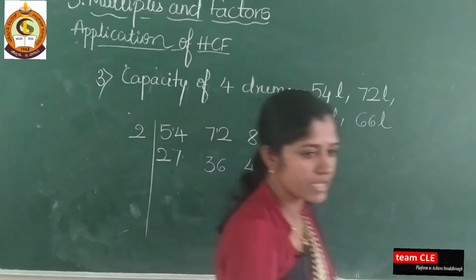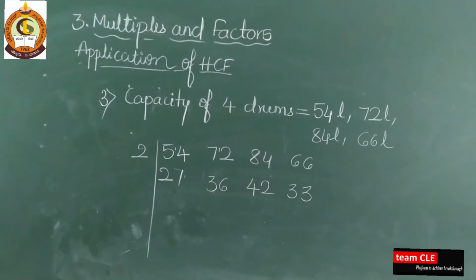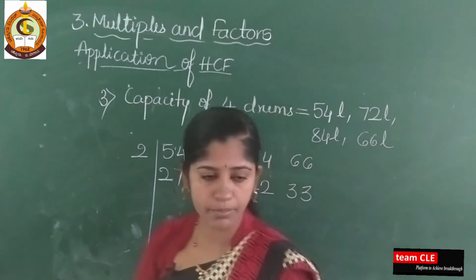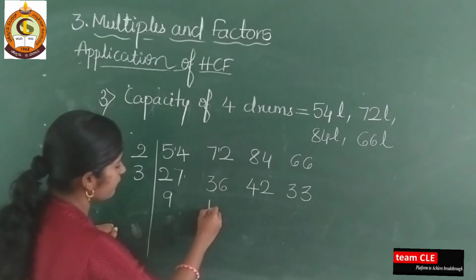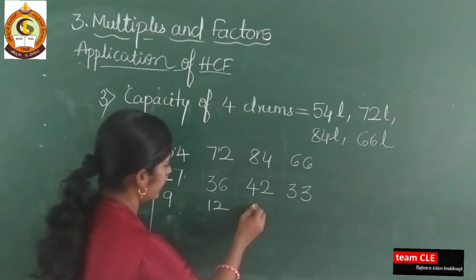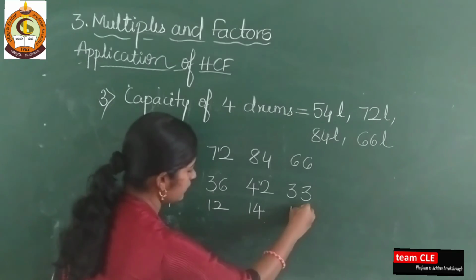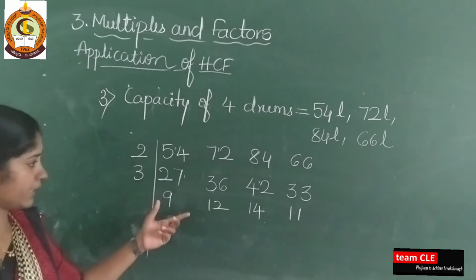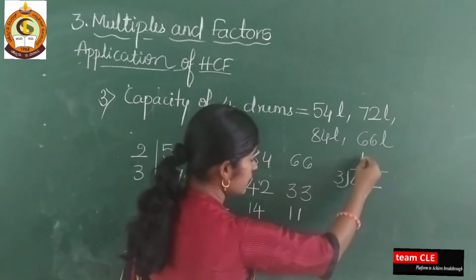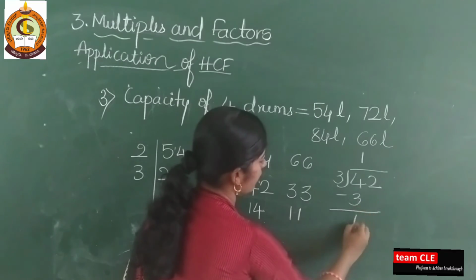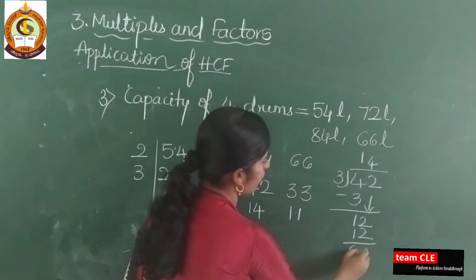Okay, next we will see the numbers. Yes, next, these numbers are all in the table of 3. Okay, 3 9s are 27, 3 2s are 6, and again 3 1s are 3, 1 remains, 3 4s are 12. If you are not getting it, divide the numbers separately. 42 divided by 3. 3 1s are 3, 4 minus 3 is 1, again you take the 2 down, 3 4s are 12, 2 minus 2 is 0, 1 minus 1 is 0.